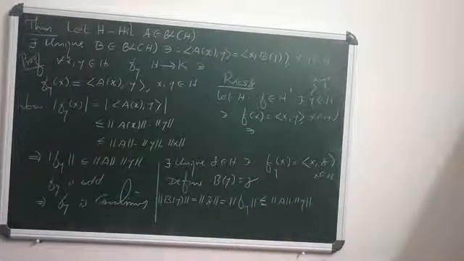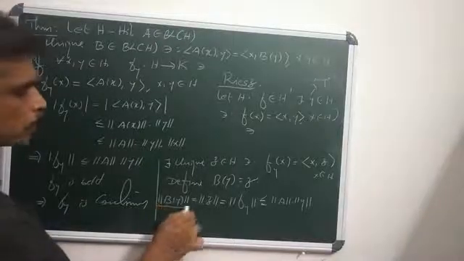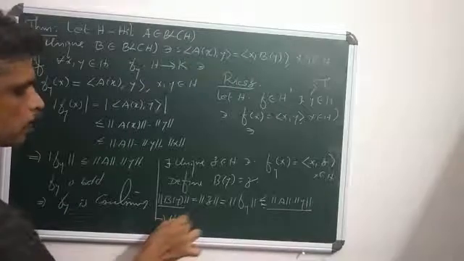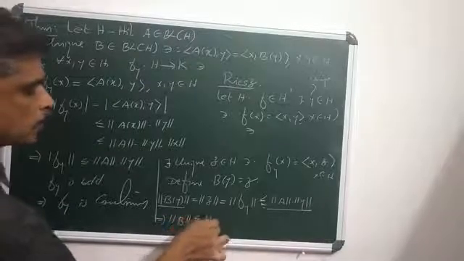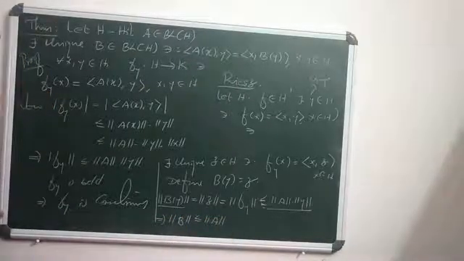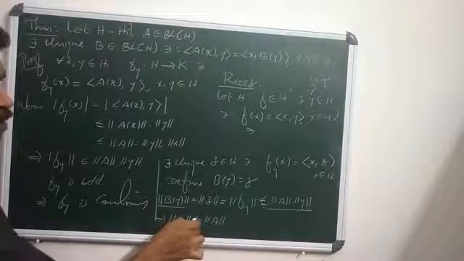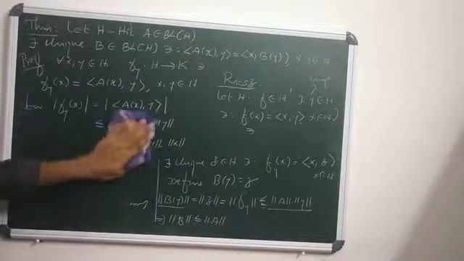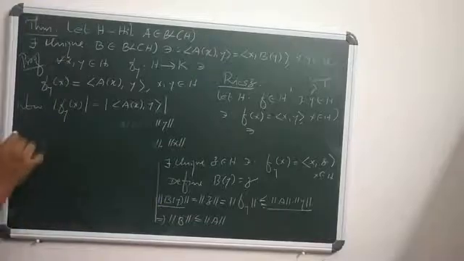Okay. That means norm By is less than or equal to norm A into norm Y. That means norm B is less than or equal to norm A. But A is a bounded linear operator. Therefore B is bounded. Since B is bounded, surely B is continuous. Okay. B is continuous. That means for all x, y in H,